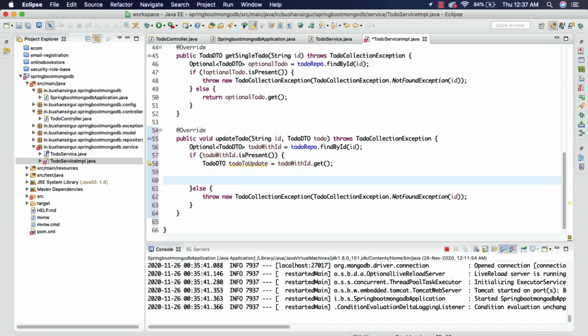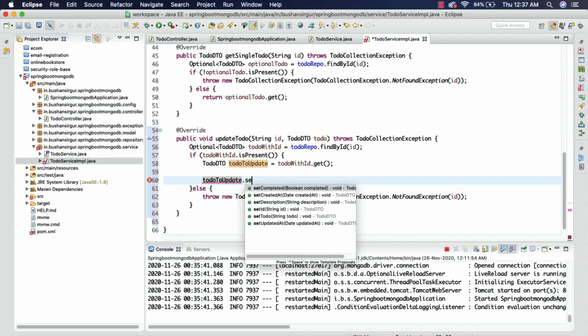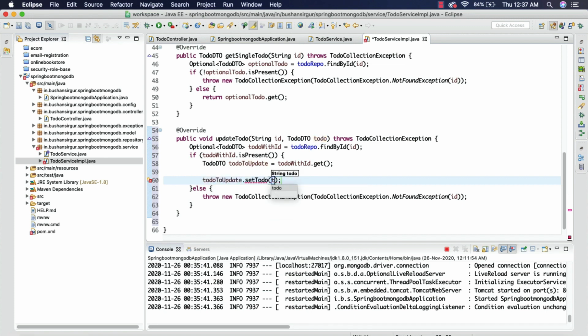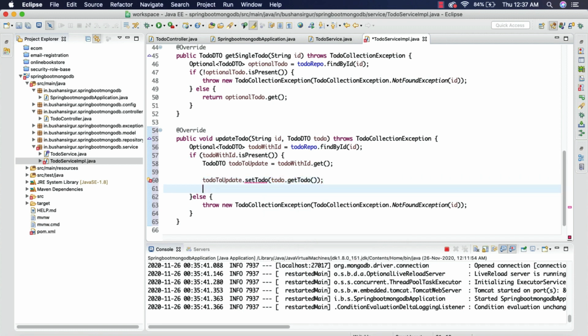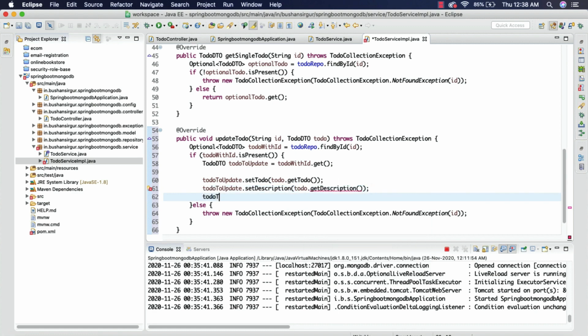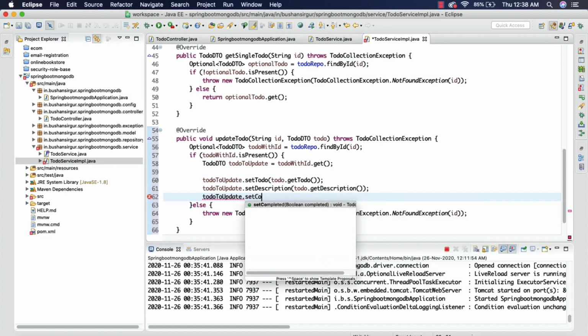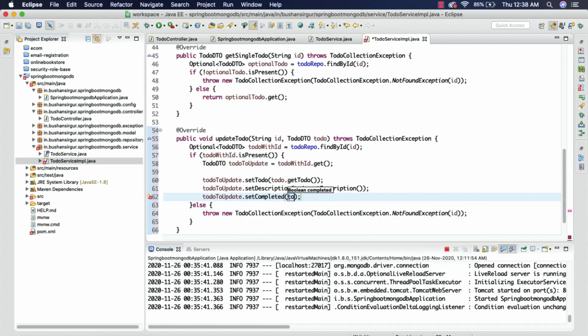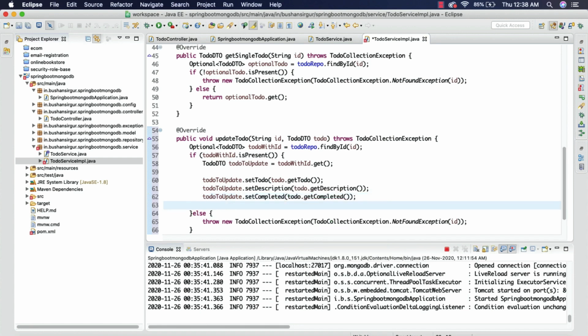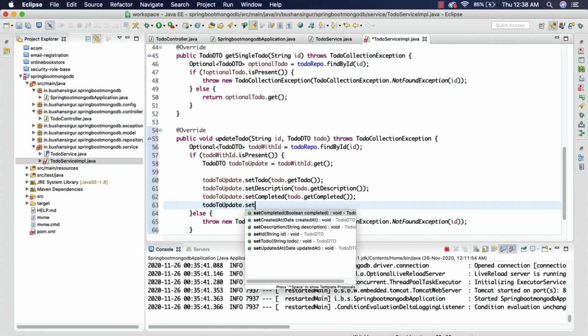Inside this, we're going to set the values. So toDoToUpdate.setToDo, and we're going to set toDo.getToDo, toDoToUpdate.setDescription, toDo.getDescription, toDoToUpdate.setCompleted, toDo.getCompleted, toDoToUpdate.setUpdatedAt.